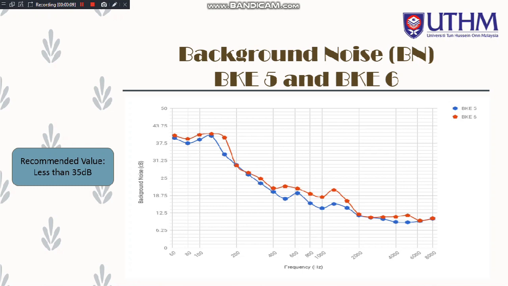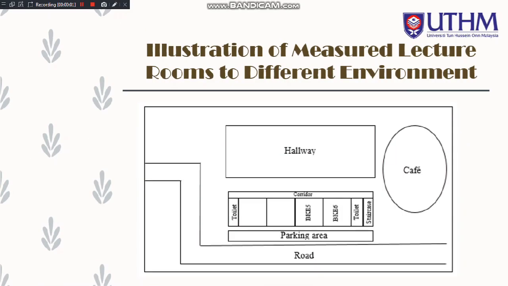From the graph, it shows that the background noise level at BK6 is slightly higher than BK5 due to its location. Lecture room at BKE6 is near to cafeteria, toilet and walkway at level 2. Illustration of lecture room at BKE5 and BKE6, where it located near to the road, cafeteria, corridor, toilet and parking